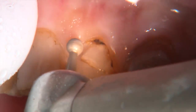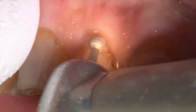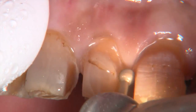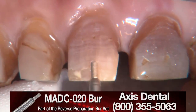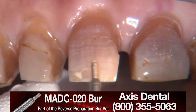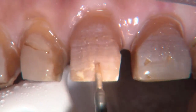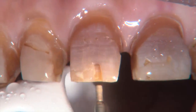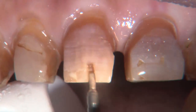And now we're going to start prepping the gingival margin. This is the 801-021 burr being used on all the teeth really that we're preparing, just tracing it around at the gingival margin. Usually we'd pack a cord at this point, but I'm not sure we're going to impress this case today. We do end up impressing it, so I decided to try it a different way. Instead of a 2-cord technique, when we impress it, I'm going to put a double 0 cord in, dropping the margin if I have to, and then use a cordless approach,